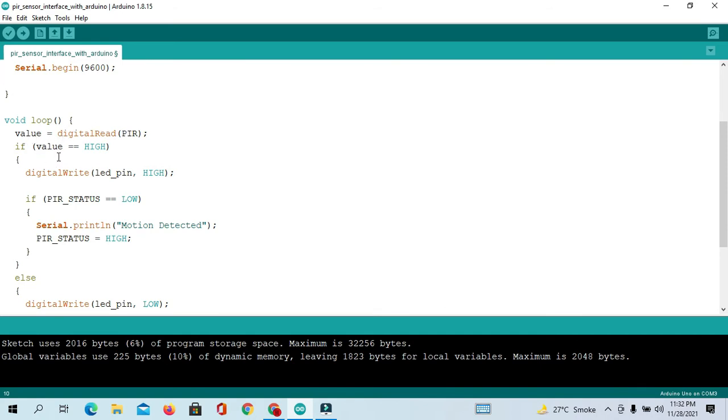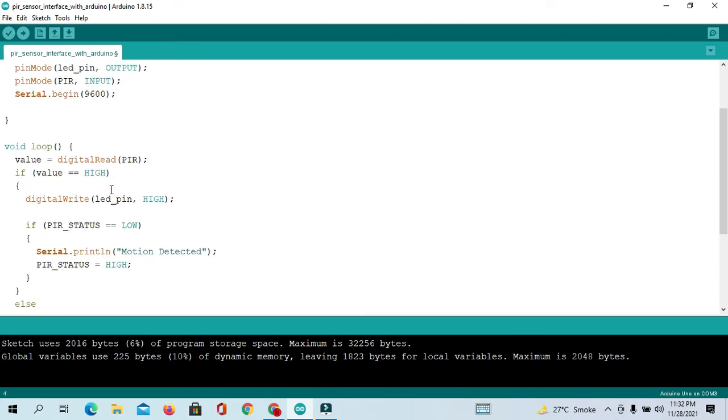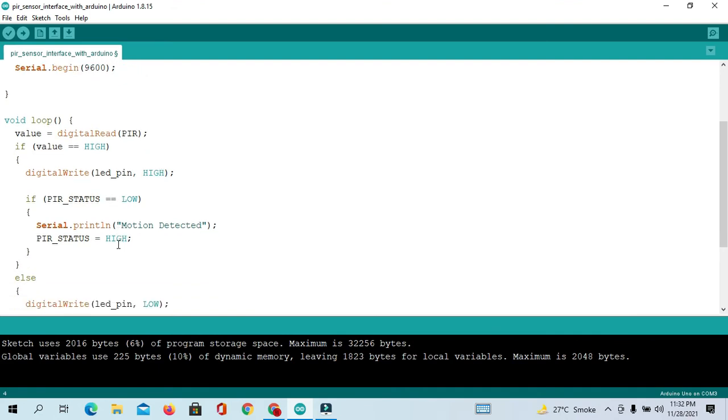If value is equal to high, then our LED will be high. Here we have already taken a variable, the PIR status. So here we are saying if PIR status is equal to low, then we print with serial dot print motion detected.